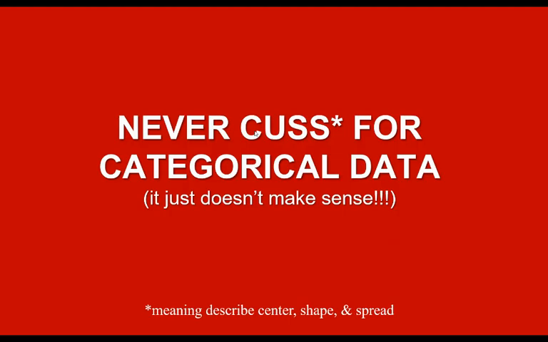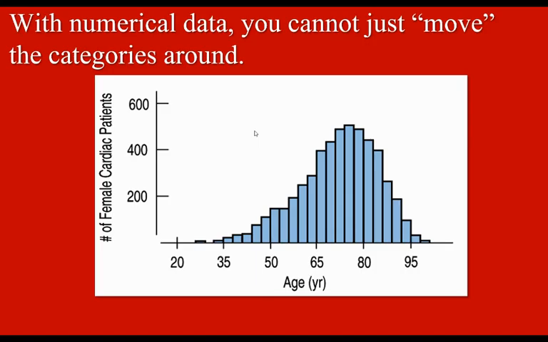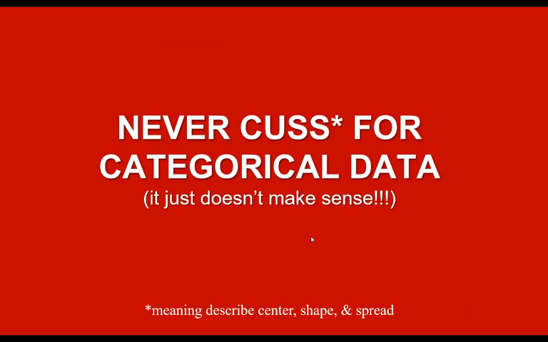All right. As a wrap up, don't CUSS and BS for categorical data. We only do this for numerical data. Do not CUSS and BS about categorical data. With numerical data, we can't just move the categories around. We're stuck, so we can actually talk about shape. If we can move the categories, it doesn't make sense to talk about shape. So don't CUSS